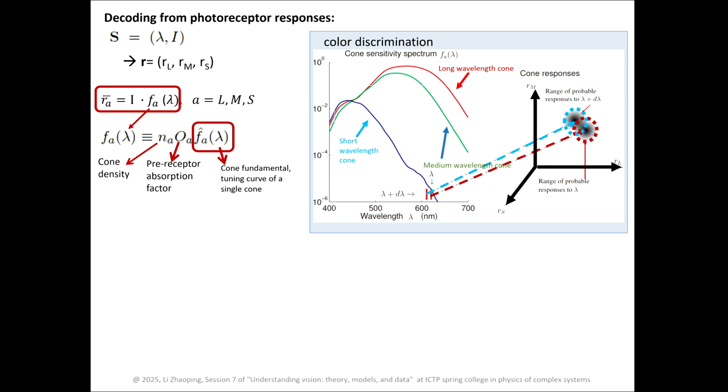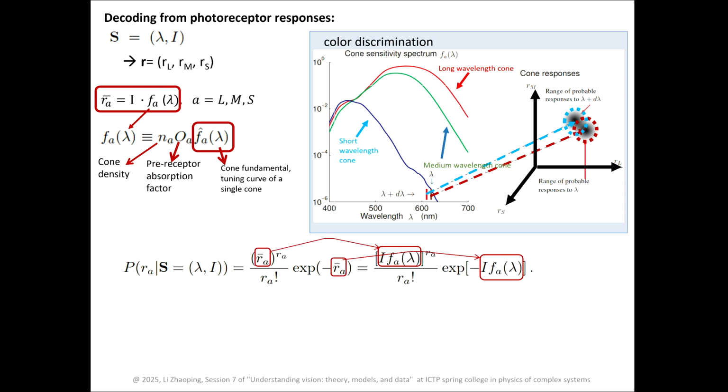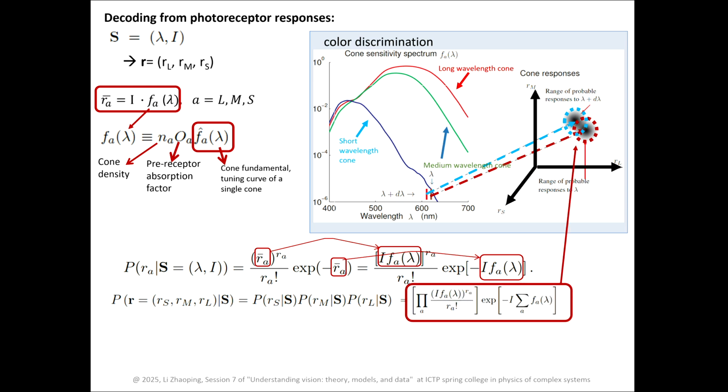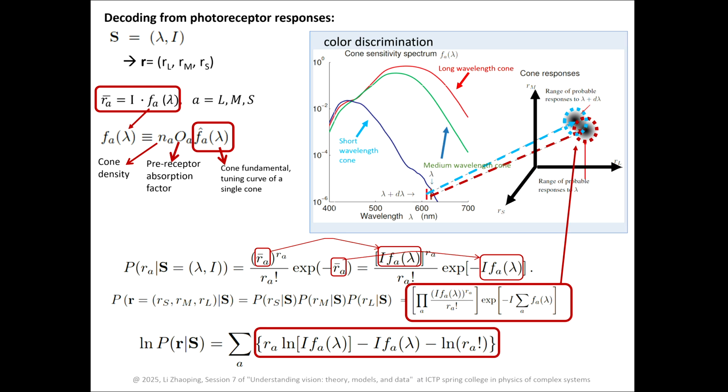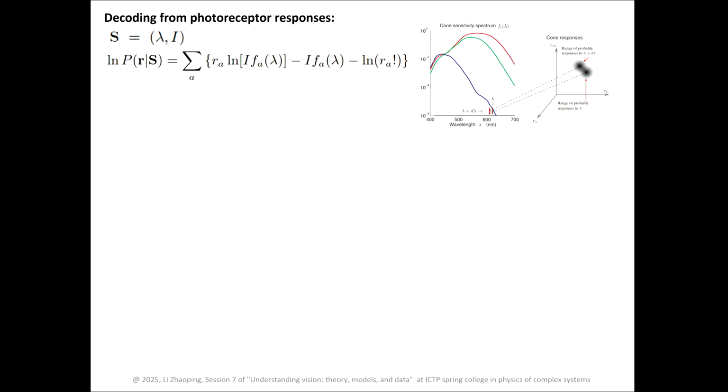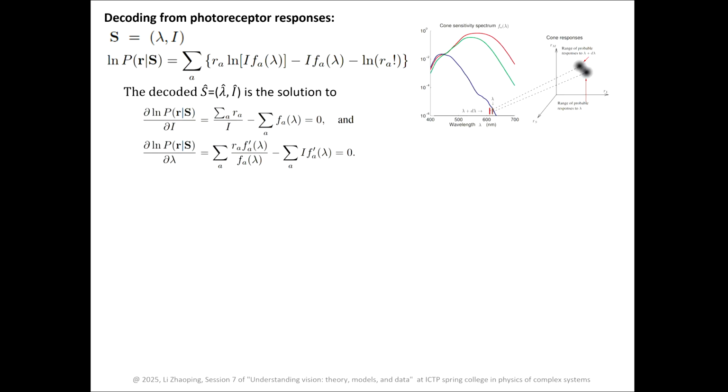the effective sensitivity. Each cone's response or absorption RA follows a Poisson distribution like this, and these are the mean absorptions. And since the three cones are assumed to respond independently, their joint probability is the multiplication of the individual probabilities, to give this result. And this joint probability is the likelihood of the responses. And therefore, this is the logarithm of the likelihood, and it's a summation over the log likelihood from individual cone types. Given this log likelihood, the maximum likelihood solution for input features λ and I is the solution to